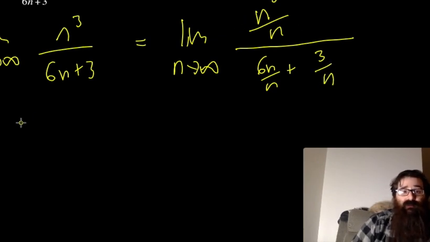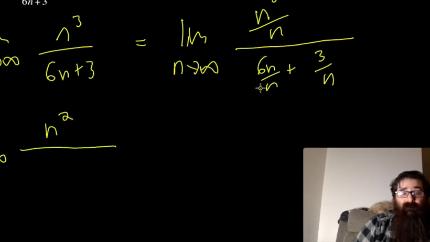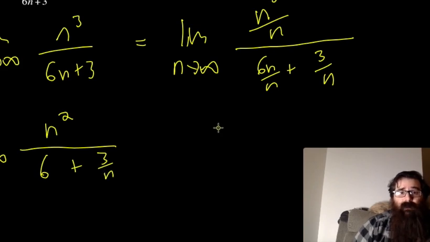And then I can reduce wherever I can. So limit as n goes to infinity of n cubed divided by n gives me n squared, divided by, in the denominator I have 6, and then plus 3 over n stays as it is. And we can make a comment here. We'd say, notice